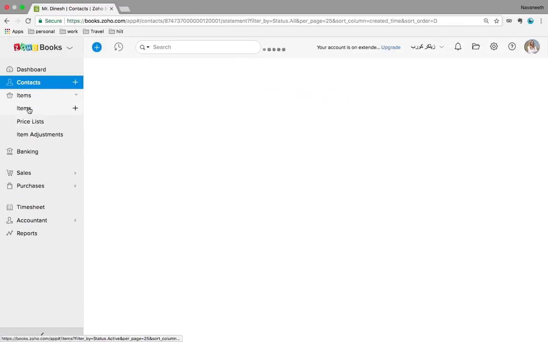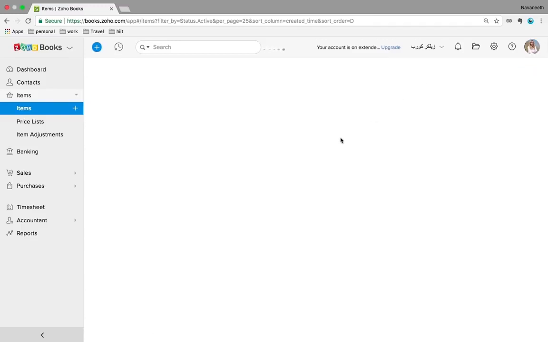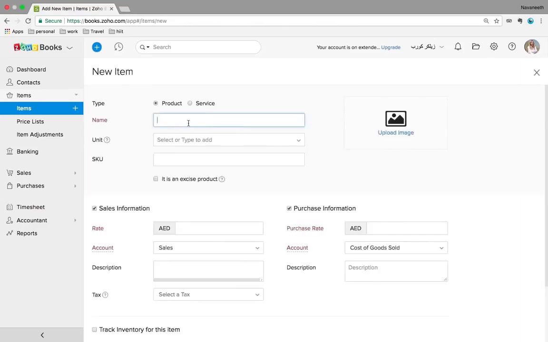Now let's go to items. Here you can see a list of items that we have already created, and you can see the item name, the type. An item can be either a physical good or a service that you're offering to your customer, the rate at which you are making a sale of that item, and if you have enabled inventory, then the stock on hand for that particular item as well. So again, by clicking on this plus new, you can't really miss that. It's this shiny little icon on top here, plus new. You can easily create a